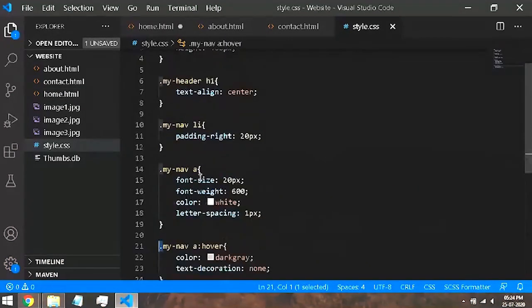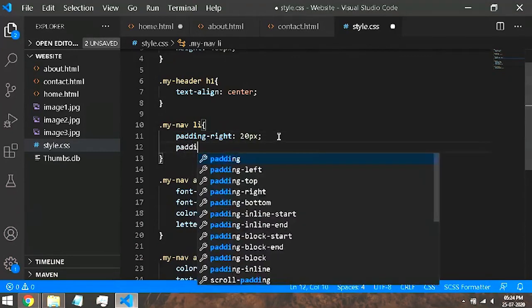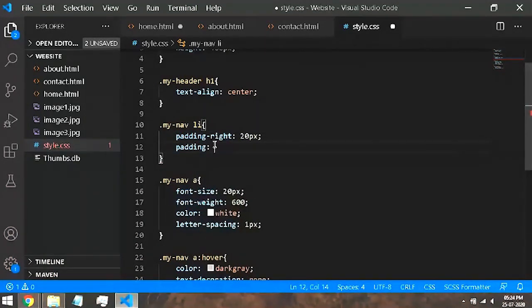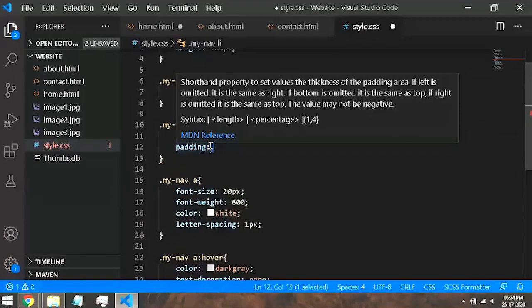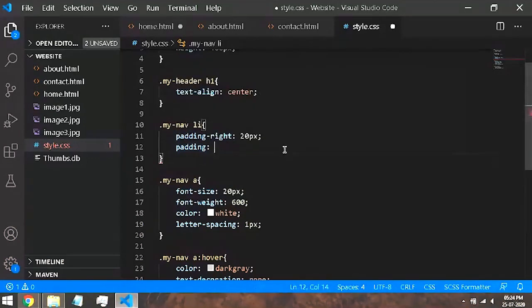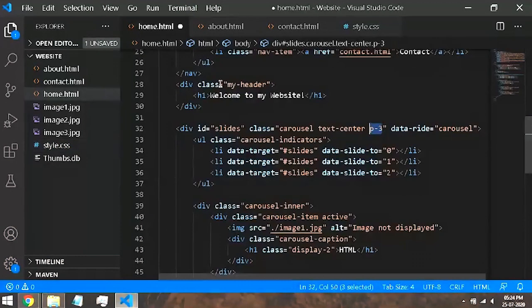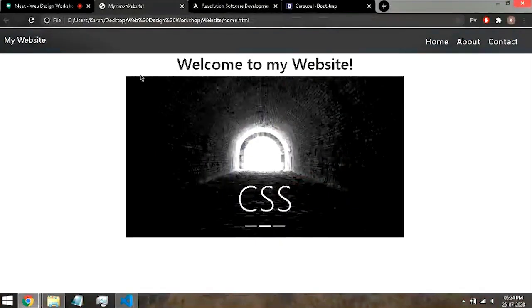So before I showed you guys padding-right. So this was only specifying padding towards the right side. But if I just say padding directly, then this means that it will add the amount of padding which we specify to all 4 sides: top, right, bottom, left, all 4 sides. So that is exactly what I am doing here. I am saying add padding to all 4 sides, that too of 30 pixels. So this is another reason why Bootstrap is so preferred by the developers, because it's just as simple as this. P-3 to add padding.